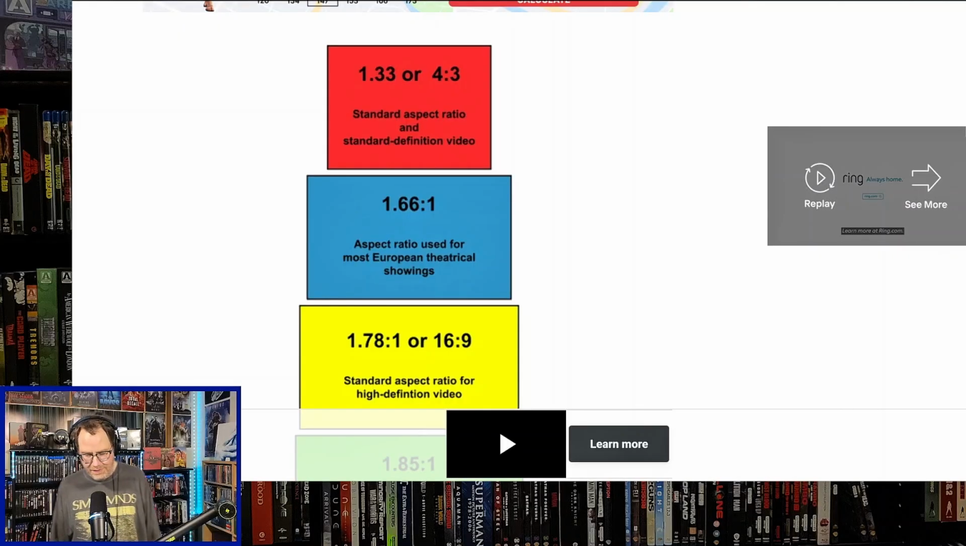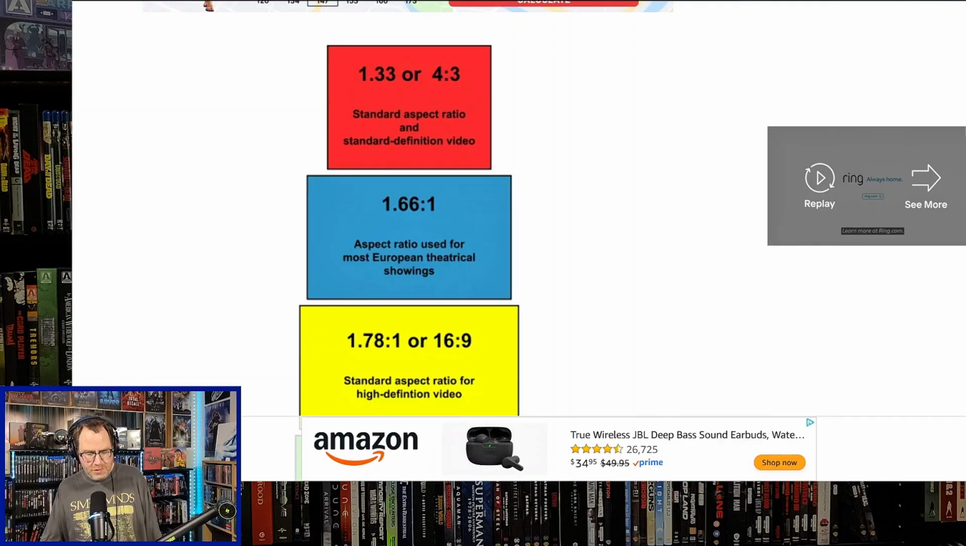I really appreciate it. All right, and this site has a shitload of ads all over it, so just try to bear with me on that. But let's go through a few of these aspect ratios here, for example. So we've got